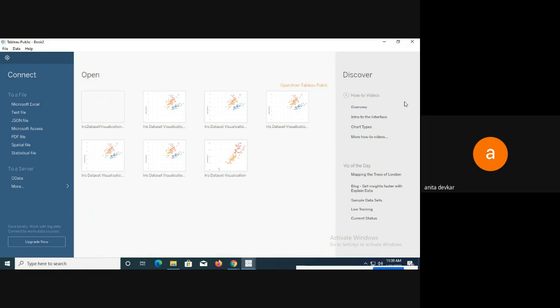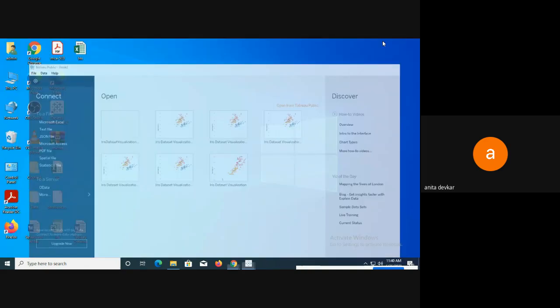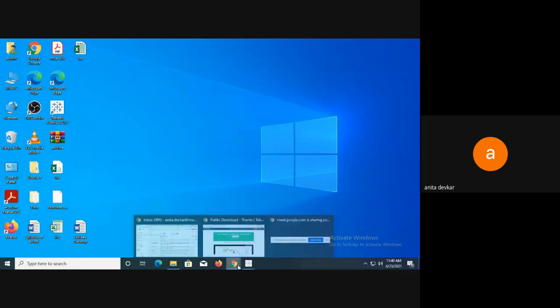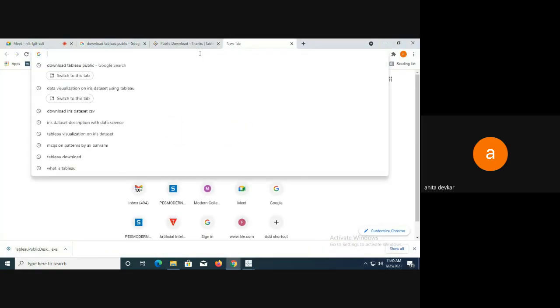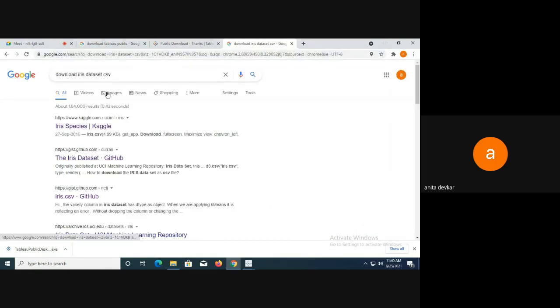Now, first I want to connect to the iris dataset. Before going to this, let me tell you how to download the iris dataset. For that, again we are going to Chrome, and here I'm typing download iris dataset CSV file.